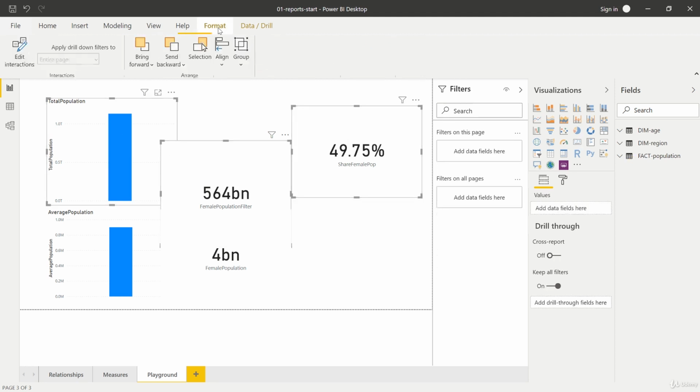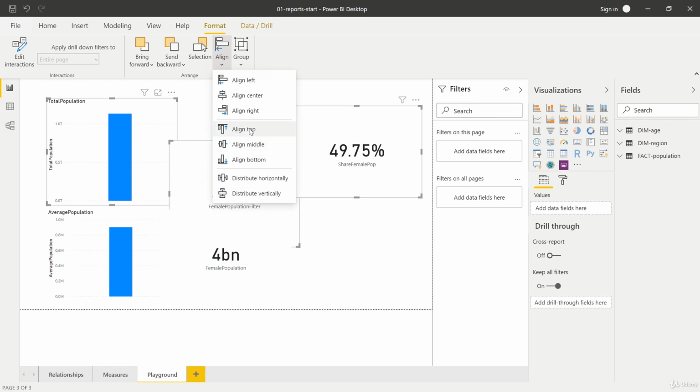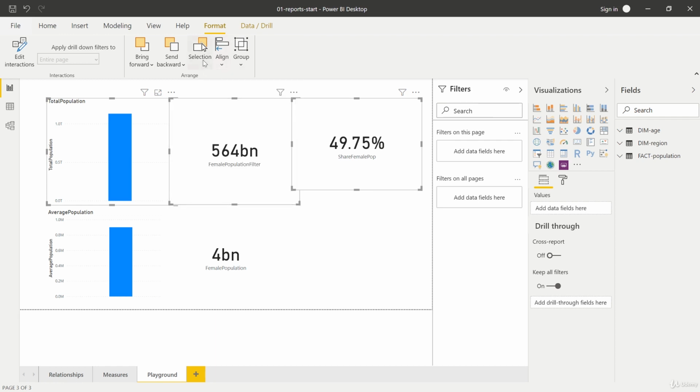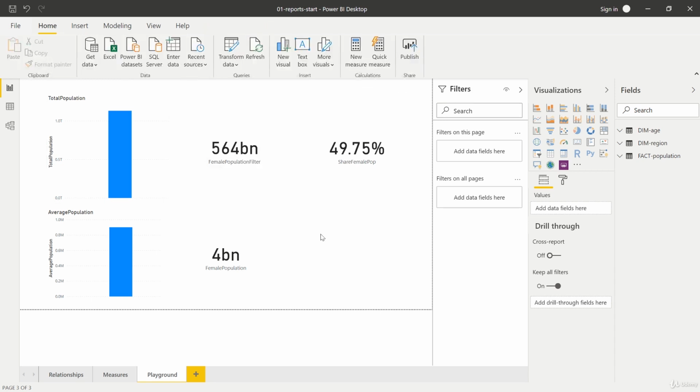And if you then again go to Format, you can go to Align again and distribute the visuals horizontally and then align all to the top, for example, like this, or here maybe aligning to the middle would make more sense. So these are some general options to work on the positioning of your visuals.